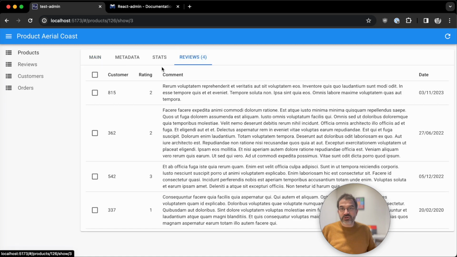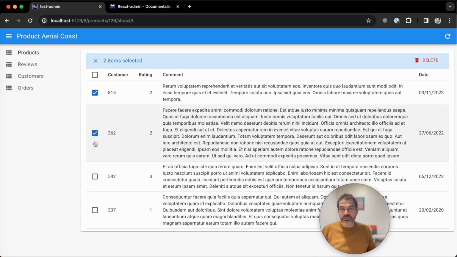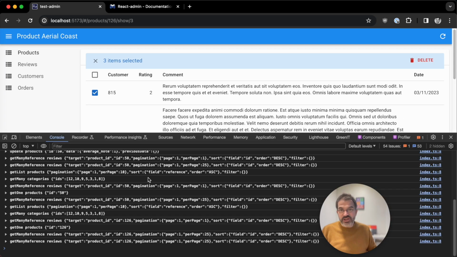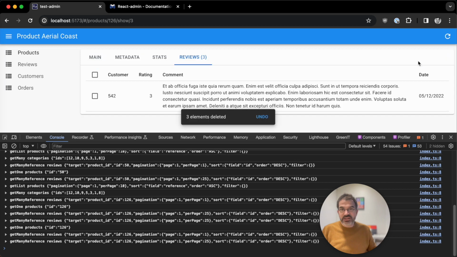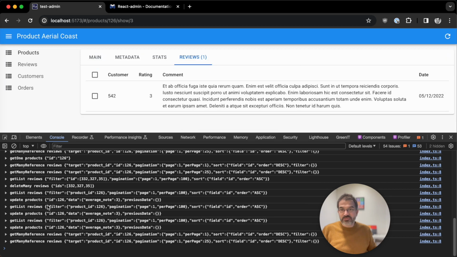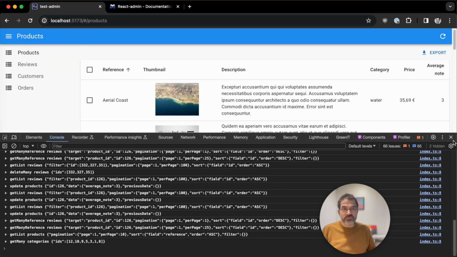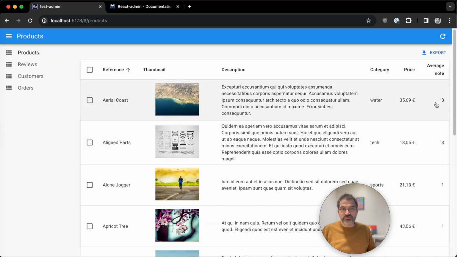with an average note of 2. I'm going to delete this one, and this one. Should leave only one with a rating of 3. Let's check what happens when I click on delete. Here I will see the main delete, the deleteMany of the reviews, and then I will update the product with the right average note of 3. And so if I go back to this product, it now has an average note of 3, and